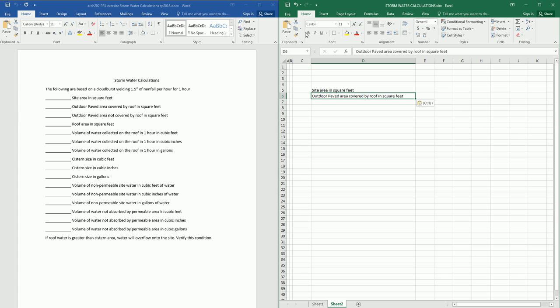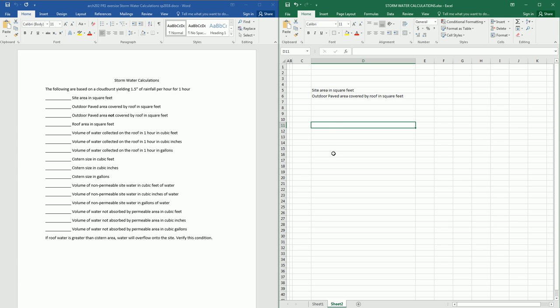So it has the same editing functions as far as the fonts: you can pick your font size, your font type, bold, italic, underline. You can highlight a color, you can change text color. Those are all the same. This part right here is a little bit different. We'll talk about that one shortly. Okay. Anyway, so the very first thing I would do is take all of this stuff